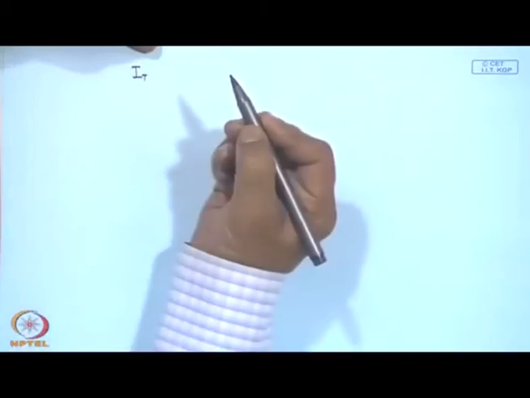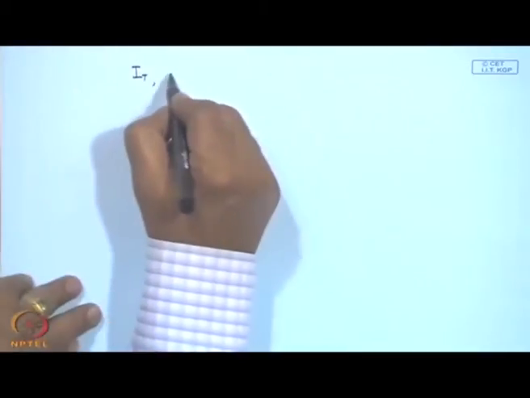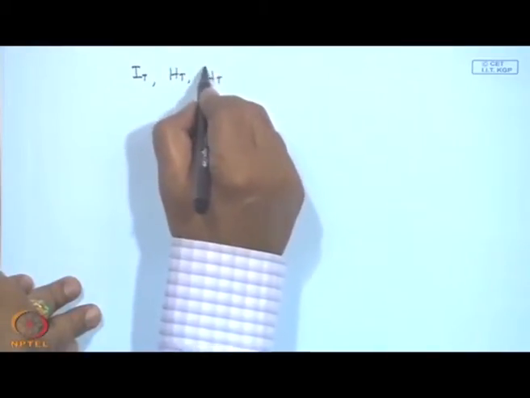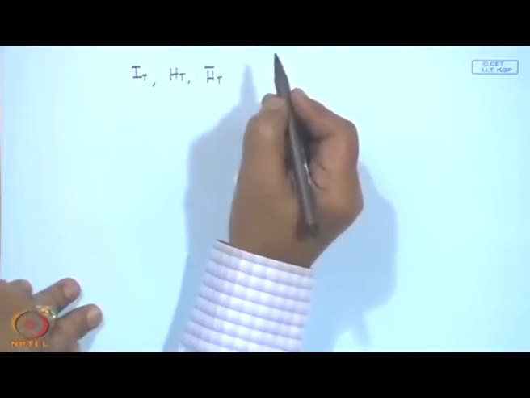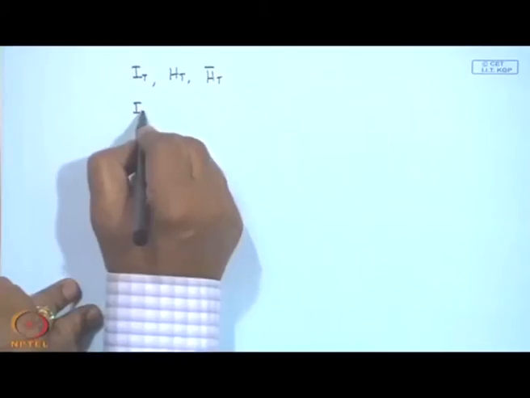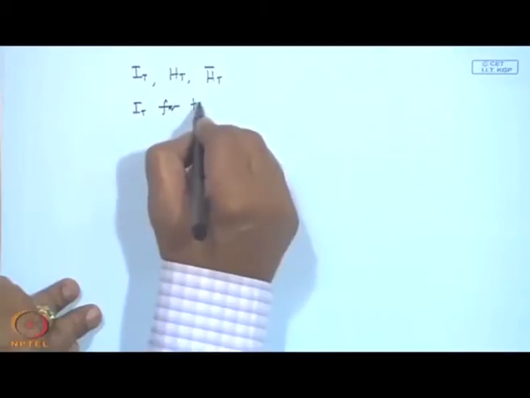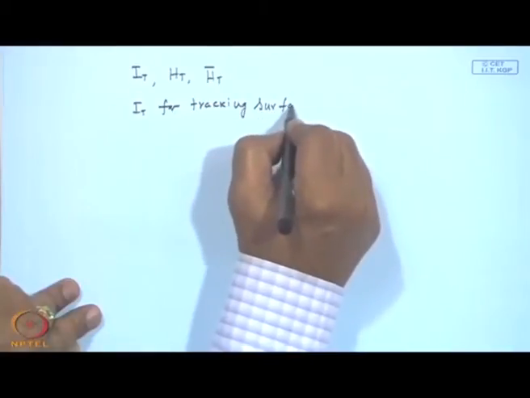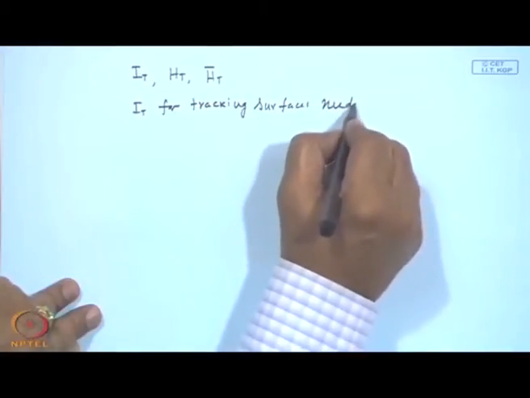This is to let you know that we had calculated I_T for an hour, or H_T for a day, or H_T bar for the month, applicable for fixed surfaces. That means beta is fixed, gamma is fixed. But these are tracking, that is one thing. I_T for tracking surfaces needs to be calculated,